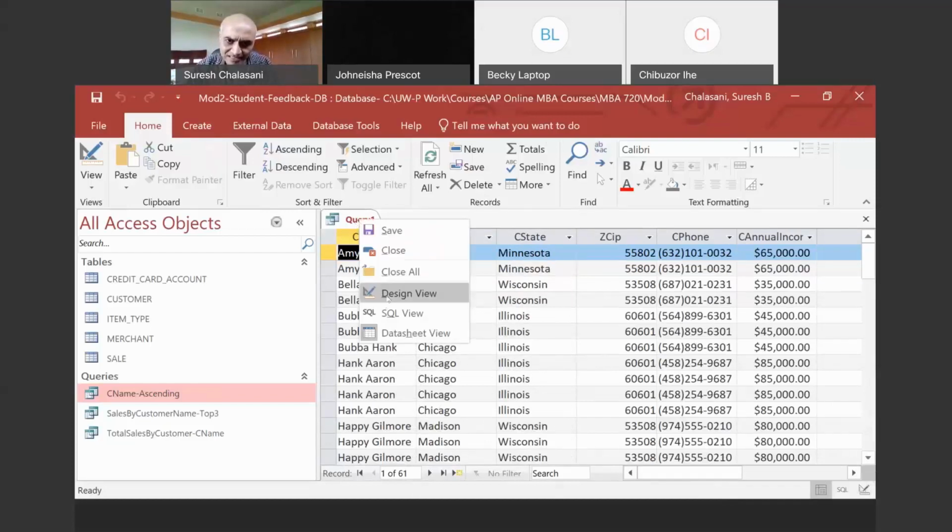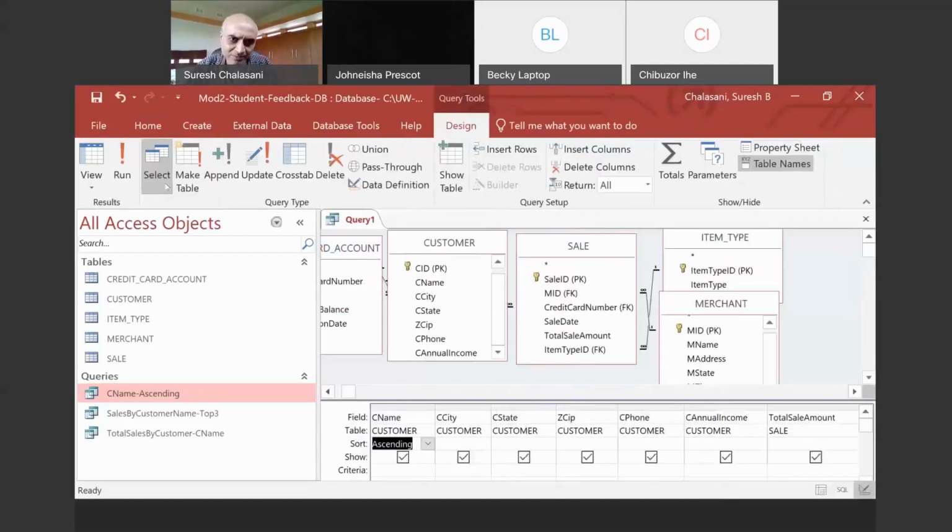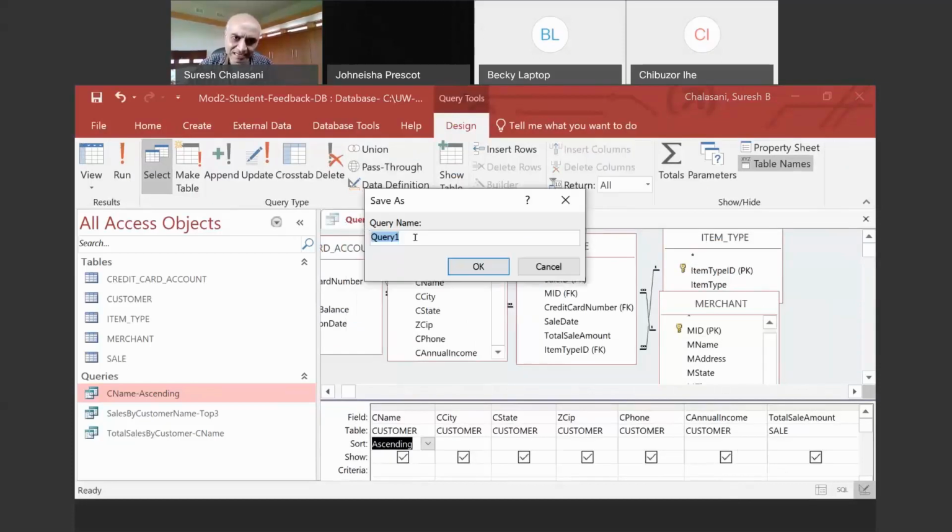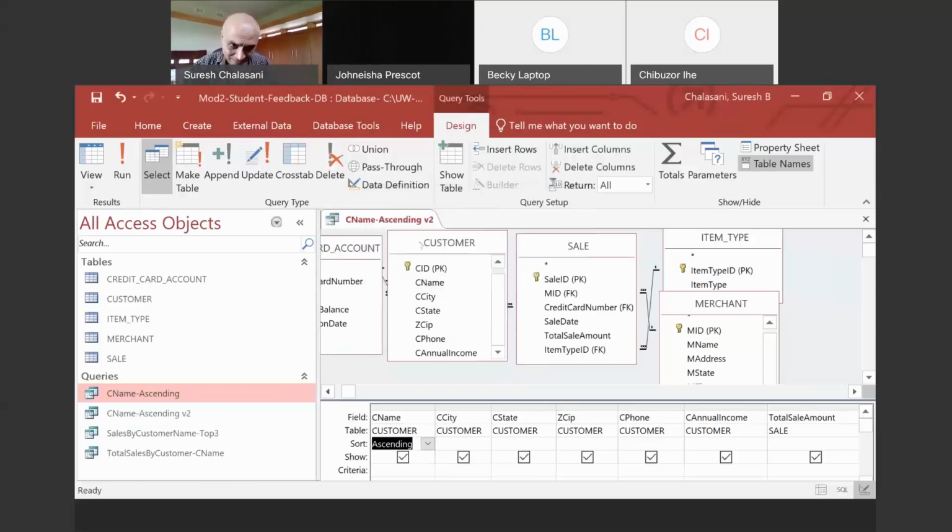I'm going to go back to the design view, and you can save it by right clicking. I can save it as CNAME ascending V2, version 2, because I already have one of them in my queries.